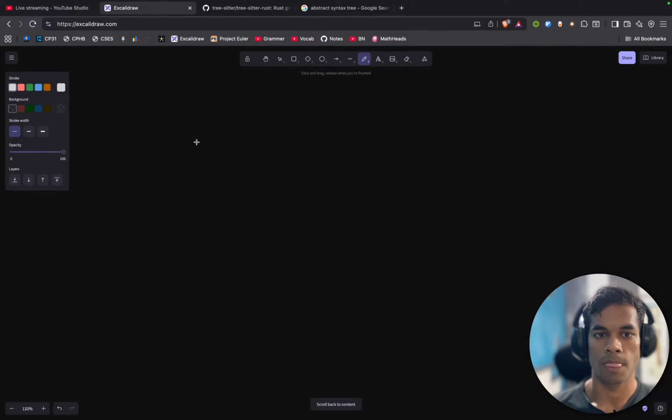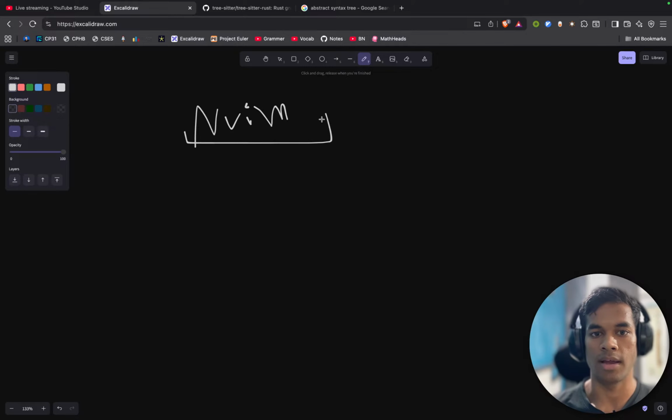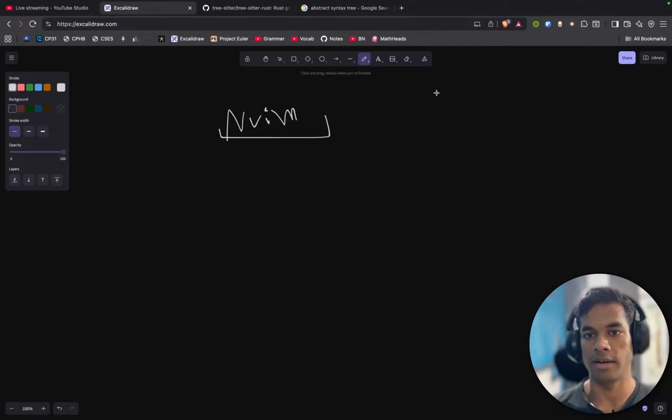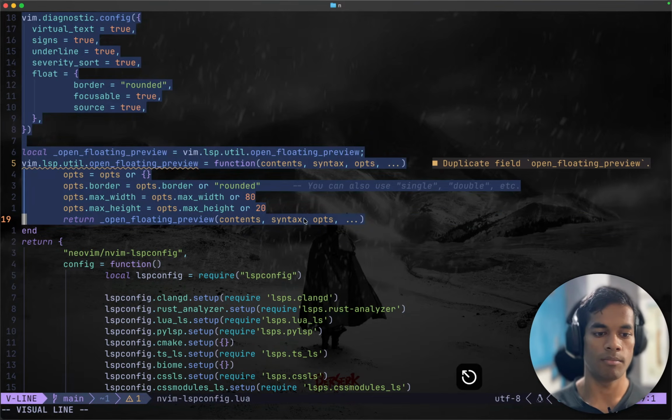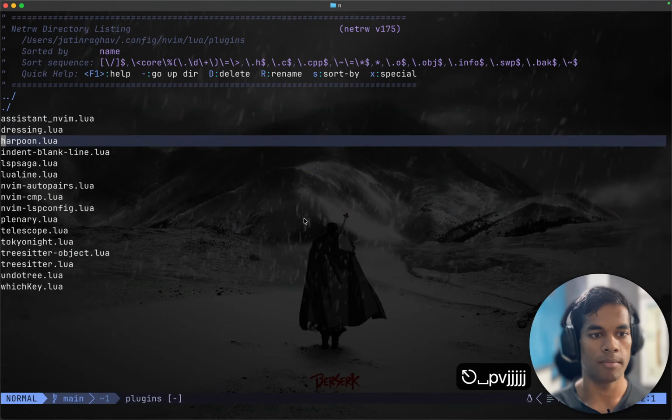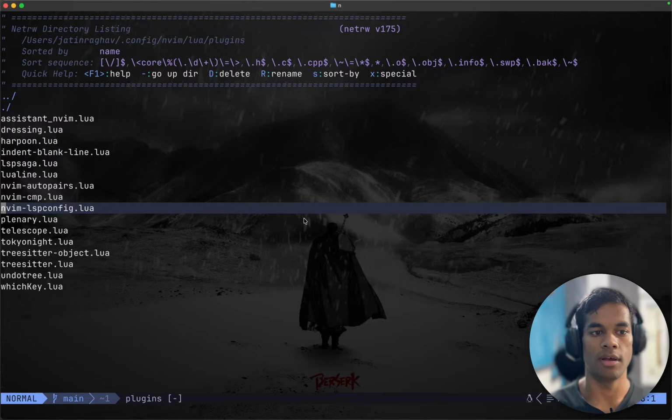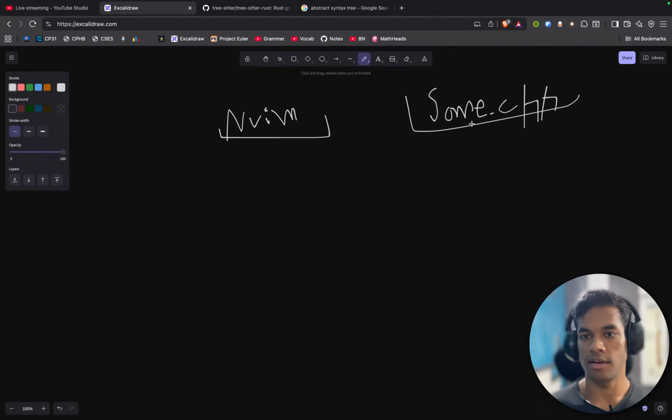Okay. We have nvim, and using nvim, let's say I enter some CPP file, and I have this plugin called nvim lsp config. What this does is it sees the extension for the files that I am entering, and it knows that whenever I enter a CPP file,